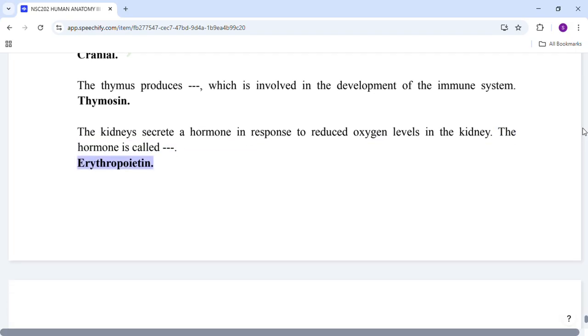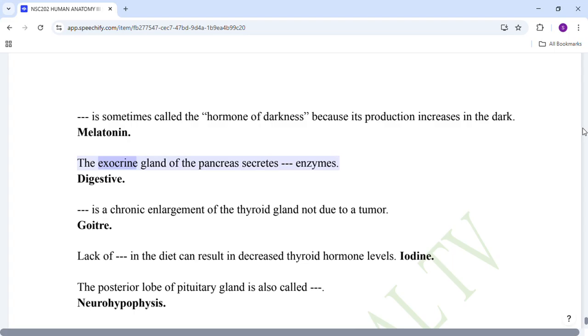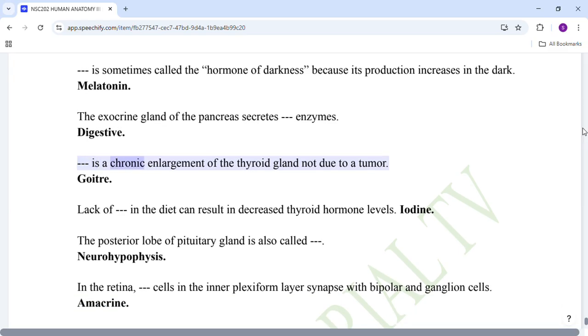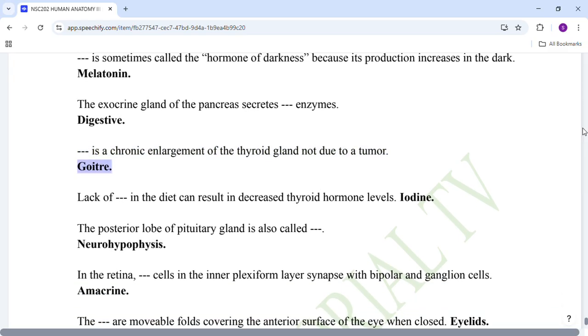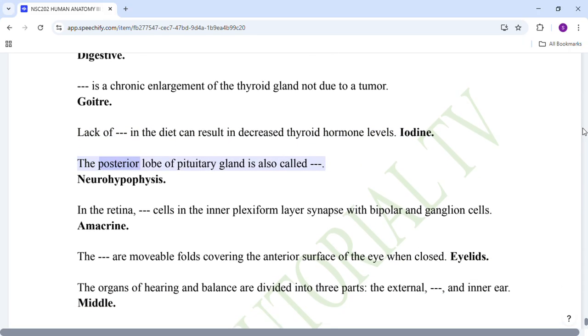erythropoietin. Melatonin is sometimes called the hormone of darkness because its production increases in the dark. Melatonin. The exocrine gland of the pancreas secretes digestive enzymes. Digestive. Goitre is a chronic enlargement of the thyroid gland not due to a tumor. Goitre. Lack of iodine in the diet can result in decreased thyroid hormone levels. Iodine. The posterior lobe of pituitary gland is also called